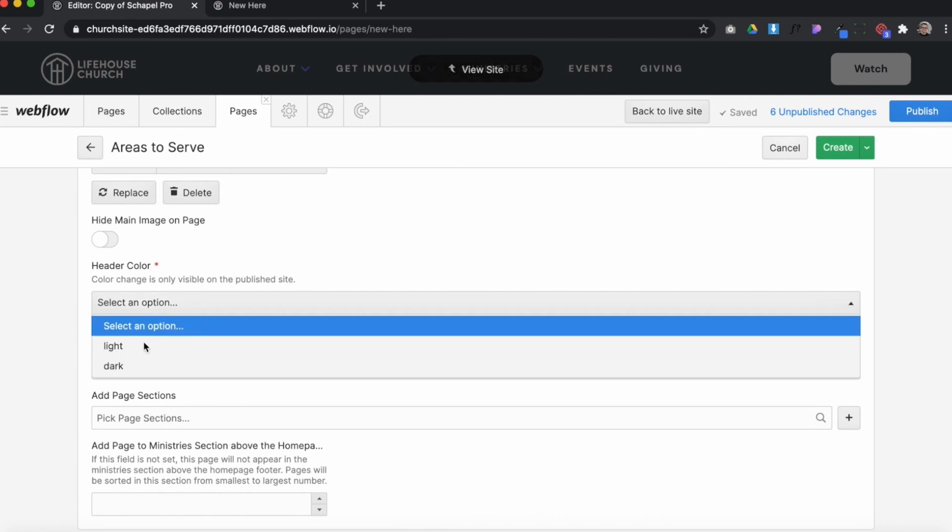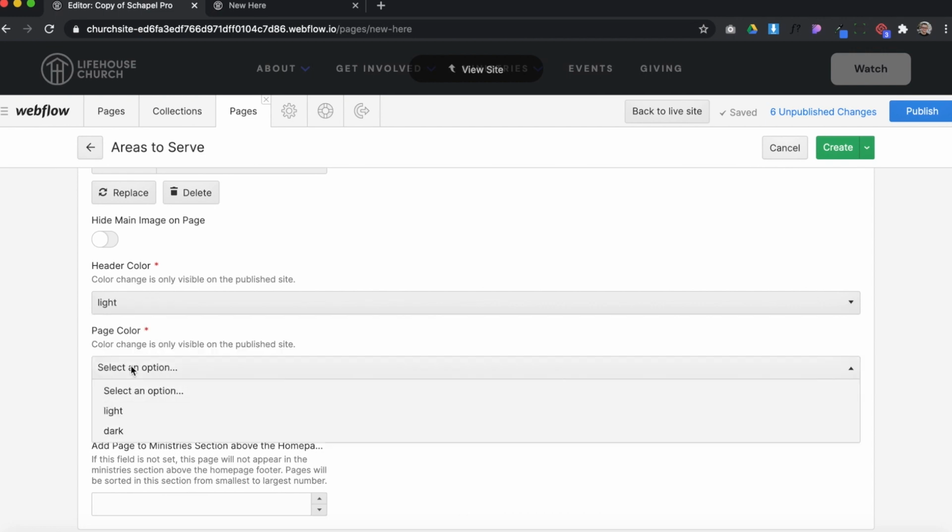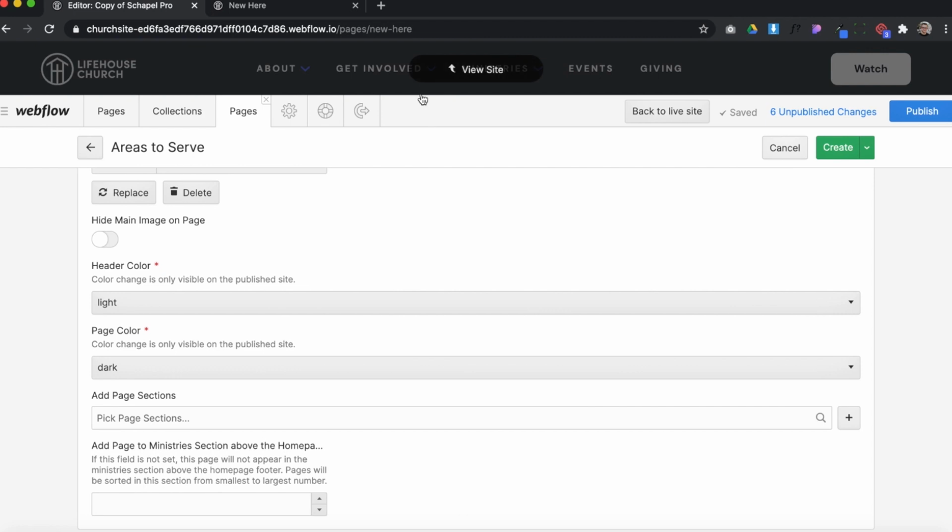So for now, I'll set the header to maybe be white and the page to be dark, just to have a nice little breakup. And you won't see this on the preview in Webflow. You'll have to publish the site to actually see the changes. So then we can add sections to this page, but let's just take a look at what it looks like so far. So I'll create this page,